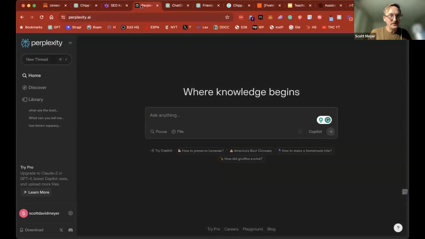Now, a challenge I would give you if you want to start using AI to solve problems is try to replace a task in your daily life with AI. I think the most fun way to do that is go a week replacing Google with Perplexity. So Perplexity is an AI tool that does a great job answering questions. So I think about it a little bit like Google. So we can go down here to some of their suggested questions.